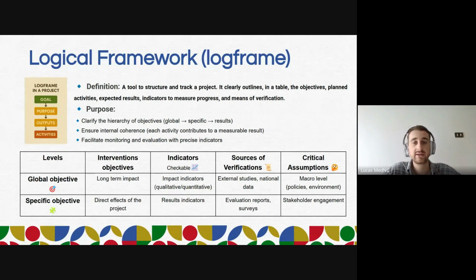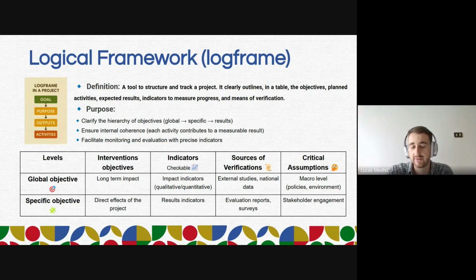I didn't give you the example yet, so it might be a bit blurred, but what you need to take from that slide is that we have the global objective, which is for long-term impact, trying to change the policy, the work, the environment and so on. And we have the specific objective that would be for one or two activities only from your project, and that will change some little things within your project.